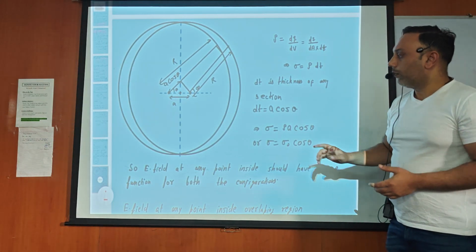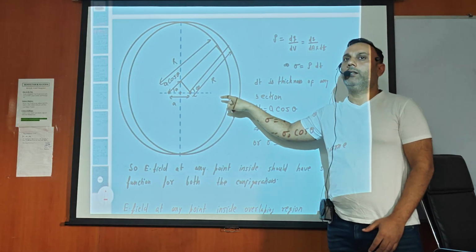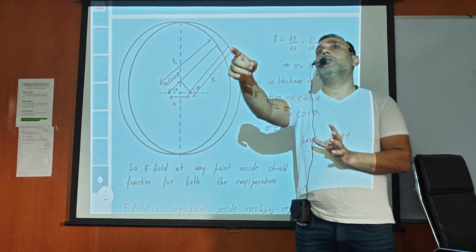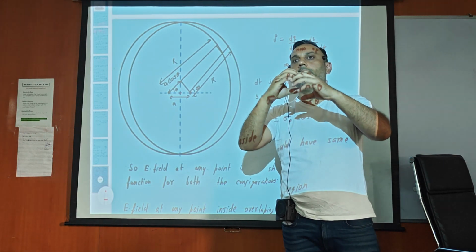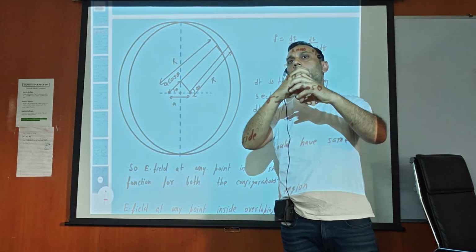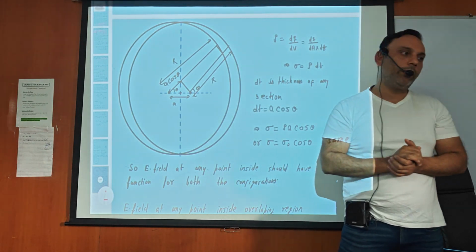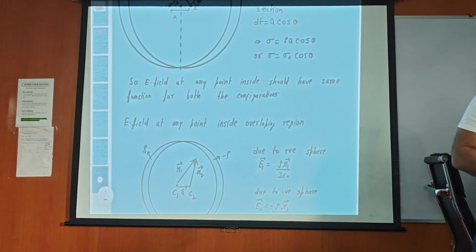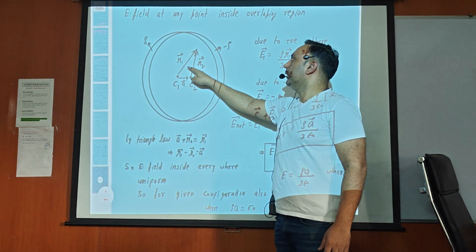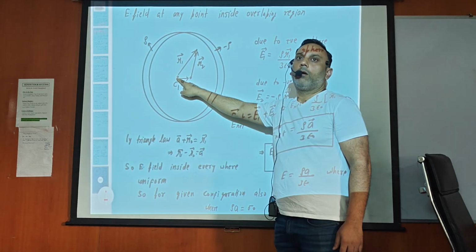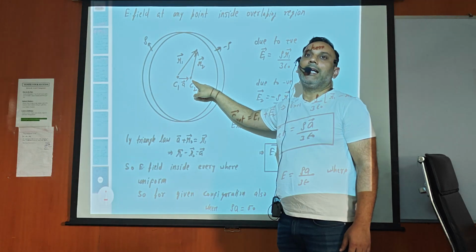Right? Now how to find the electric field inside such a configuration? That I will tell you, and that is your JEE Advanced PYQ question. Right? Where it was given that we have two overlapping regions, meaning two uniform spheres are overlapping, and at any point inside we want the net electric field. So that is our JEE Advanced PYQ question. Okay. Now how to solve that? I have solved it by vector addition. Suppose that is center C1 of the sphere with positive charge density, and that is C2 with the sphere having negative charge density.